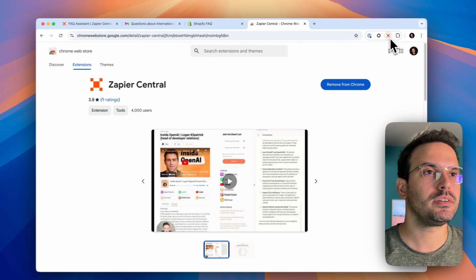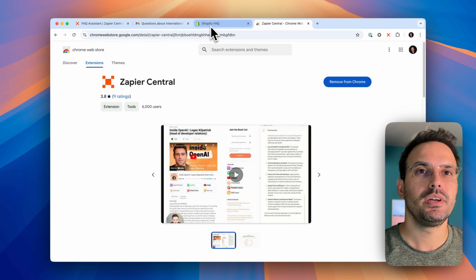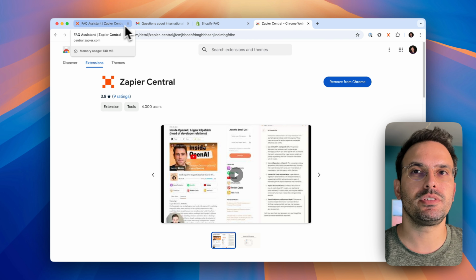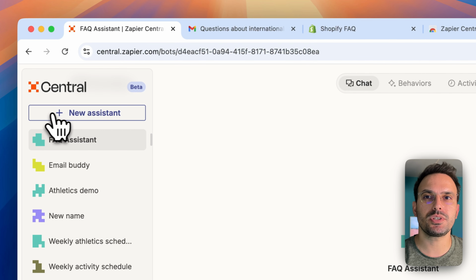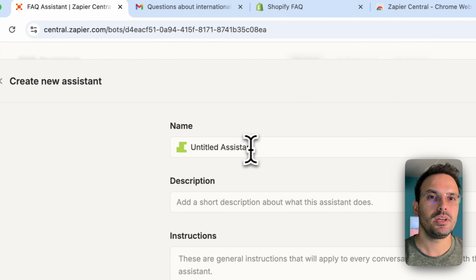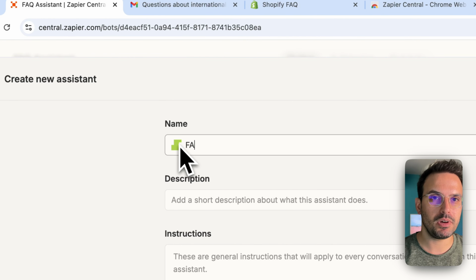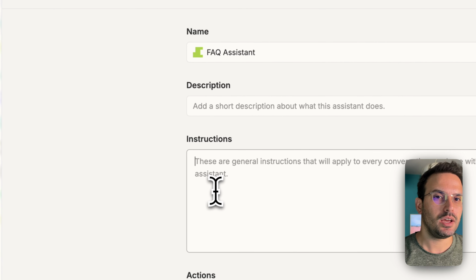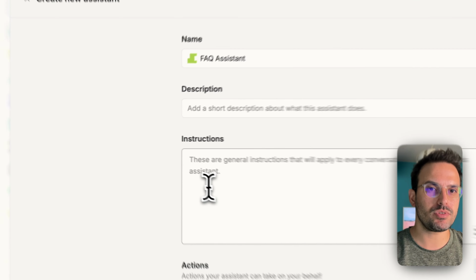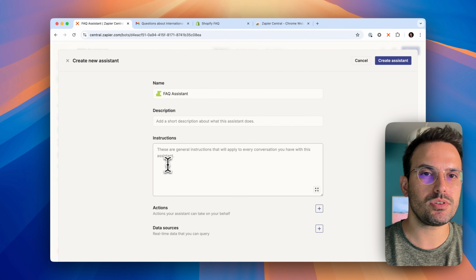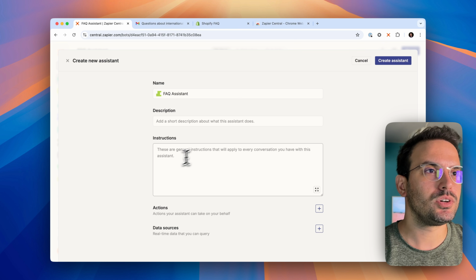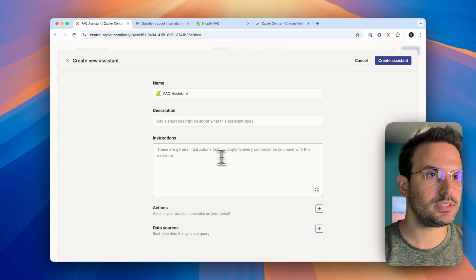And we're ready. So now let's go to our Zapier Central and create a new assistant. The name will be maybe FAQ assistant. And we need to give some instructions. The instructions is for the assistant to know what to do with each case. So for our case, we will say that